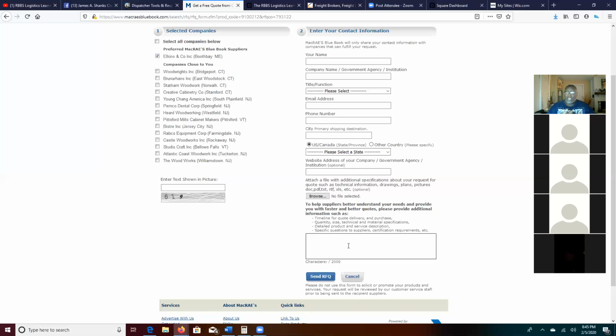Now, factoring companies is really what gave rise to the small independent brokers. But the large brokerage firms had the money to wait on their money from these shippers. They had the money to go ahead and pay the carriers, right? So they could afford to wait the 30, 60, 90, even 120 days to get the money from the shipper. Then the factoring companies found out, hey, with this trucking thing, we can make a killing.